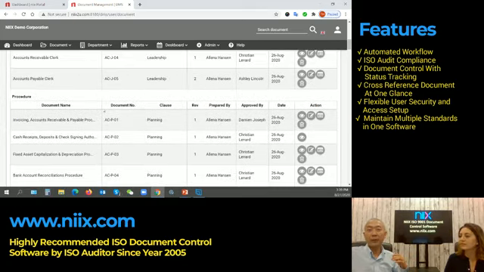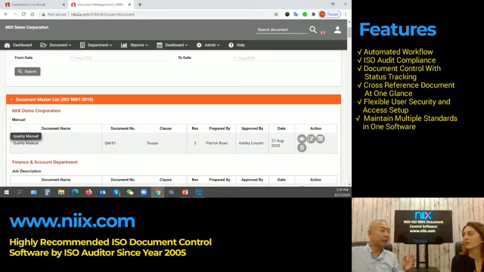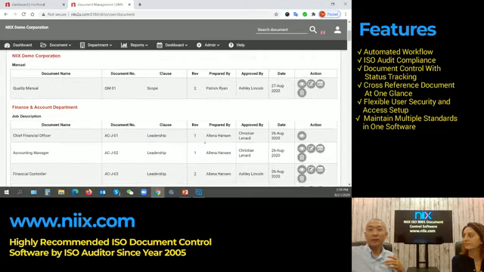From here, you will be able to see, for example, the document name, the document number, the ISO clauses, the revision numbers, who prepared the document, who reviewed, who approved the document, and the effective date of the document.